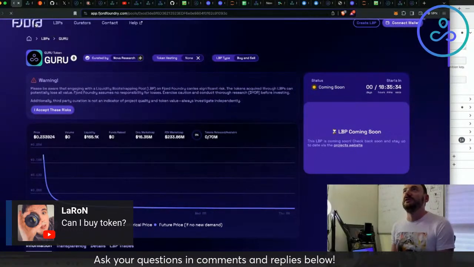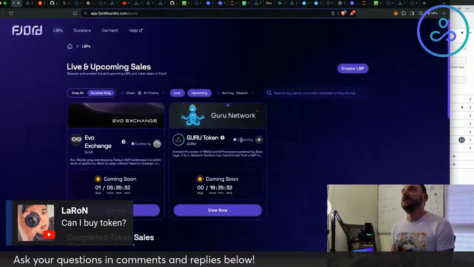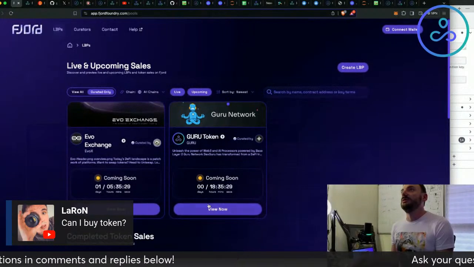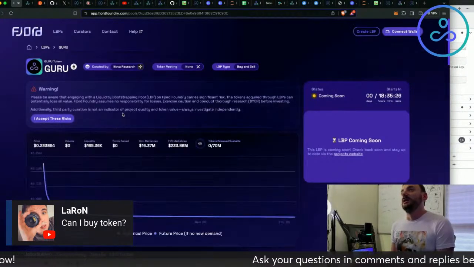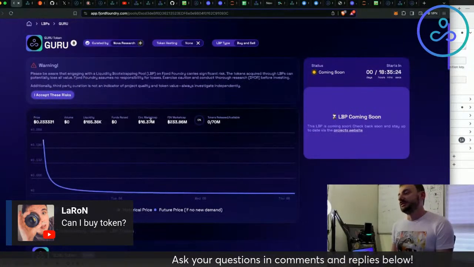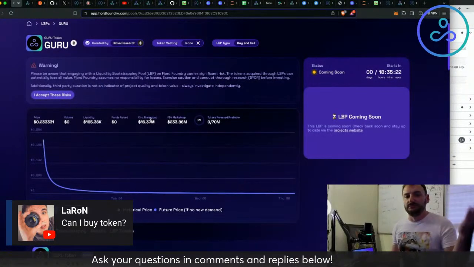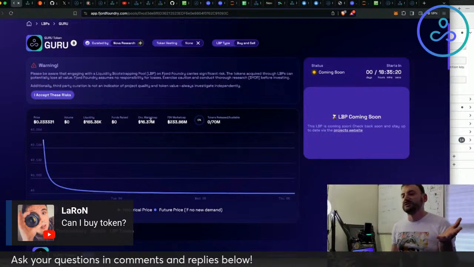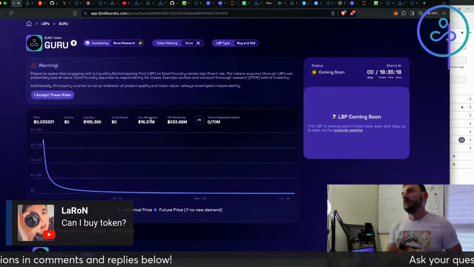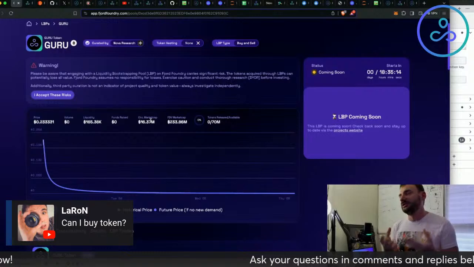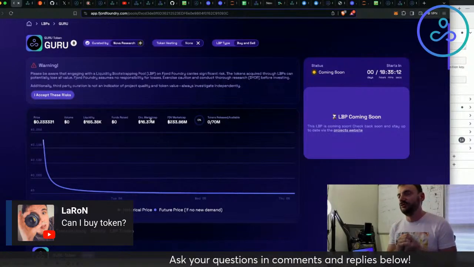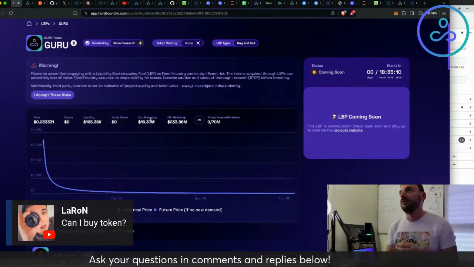You can always find it on the main page in upcoming LBPs, and you see Guru Network in here and the Guru token. That's the first time you would be able to publicly buy the Guru token. Please come over, help us with this foundational thing for our future tokenomics.